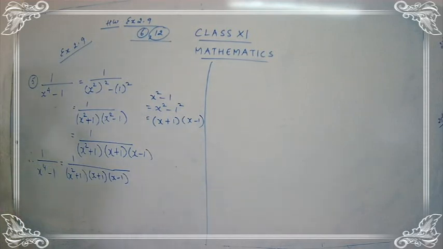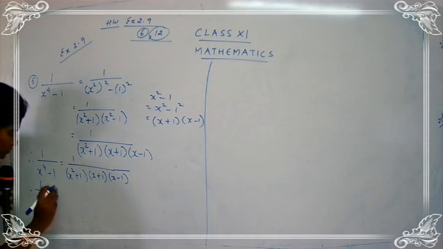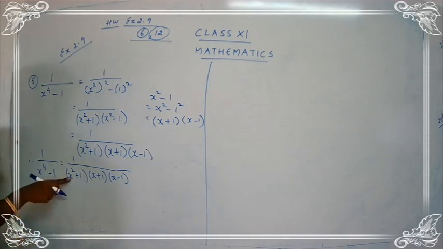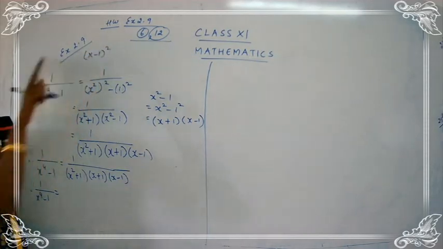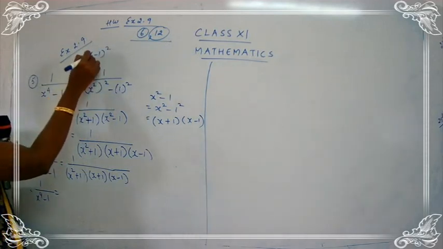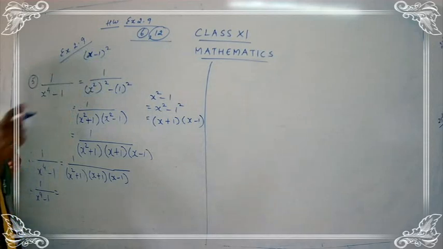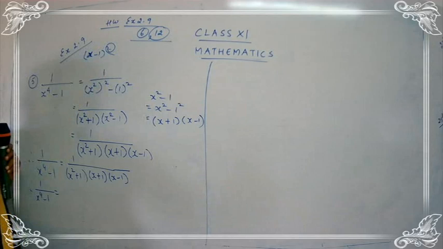Okay. Now we are going to split using the unknown terms. Therefore, 1 upon x raised to 4 minus 1 is equal to, here x square. And you may have a doubt, ma'am, if you are writing here x minus 1 the whole square, that term we are not using ax. This is x minus 1 the whole square. Okay, children? If you have such a case, you are not going to use ax there. Don't think of this as x square. Here you have to use only one unknown.